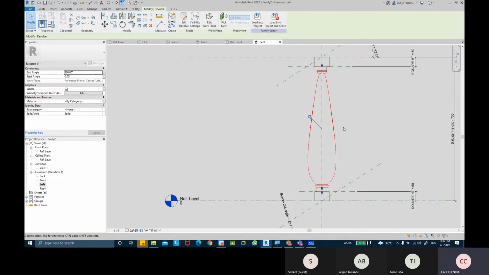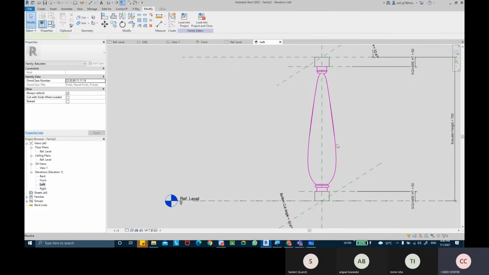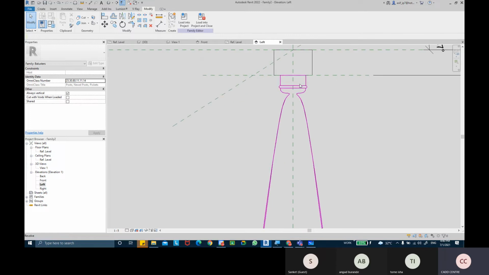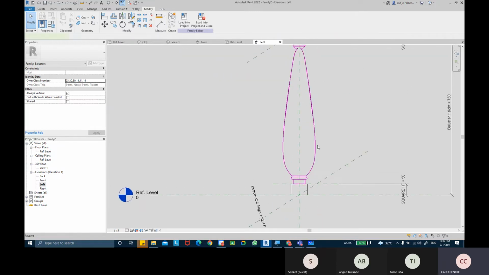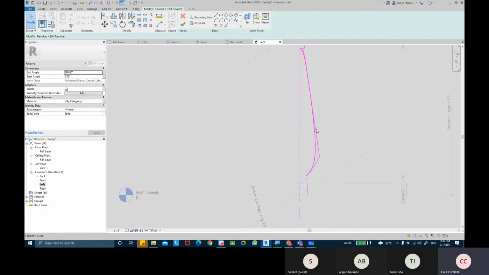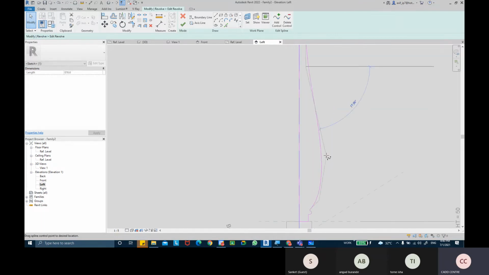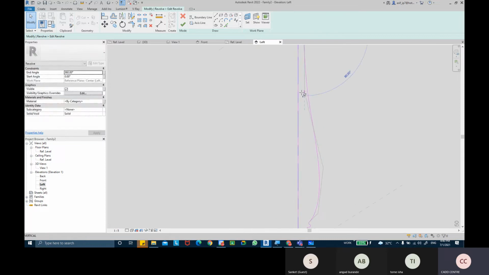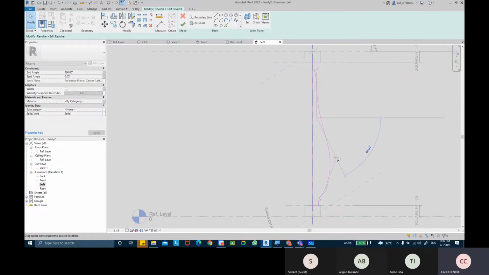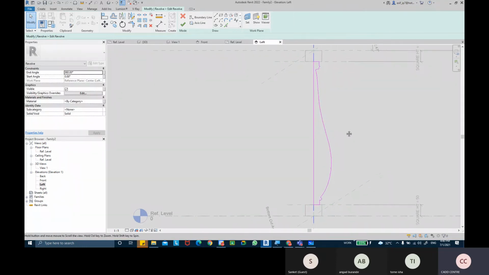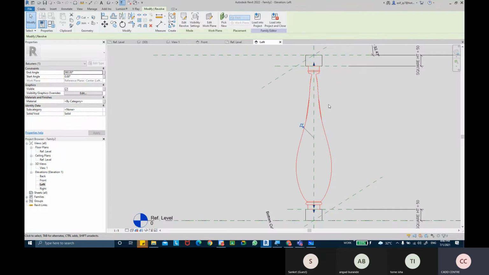If I do that, the shape gets completely revolved, and it gets applied on the other side as well. It might look a little funny on the top, but it's okay. Then again you can come into the edit revolve command and re-edit the shape if it's not really perfect, or if you're not really satisfied with that shape. Right, very odd.